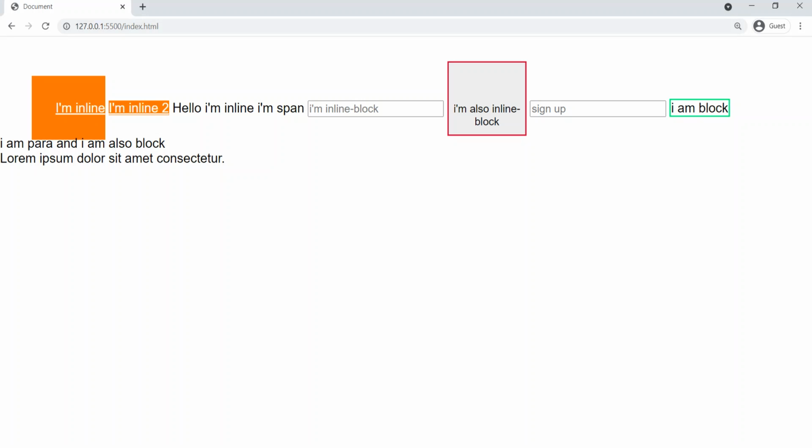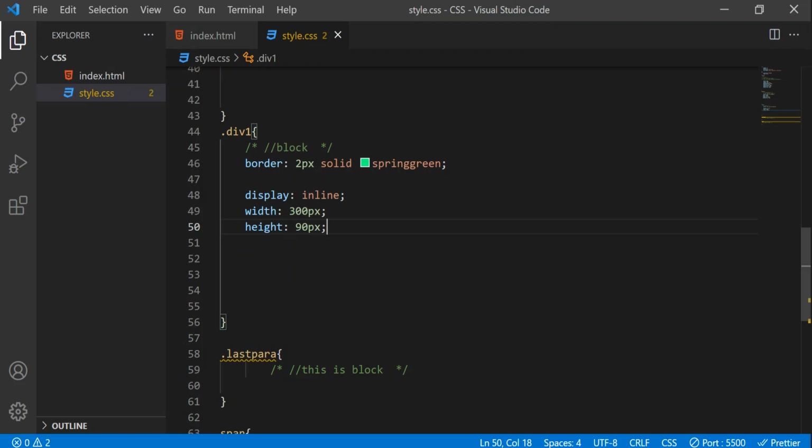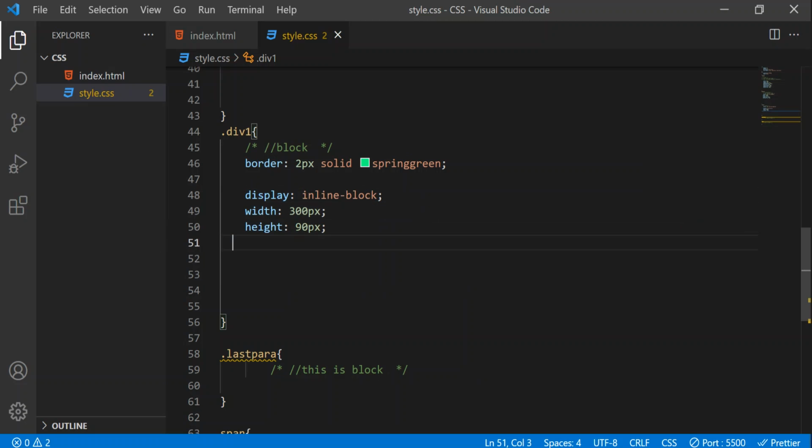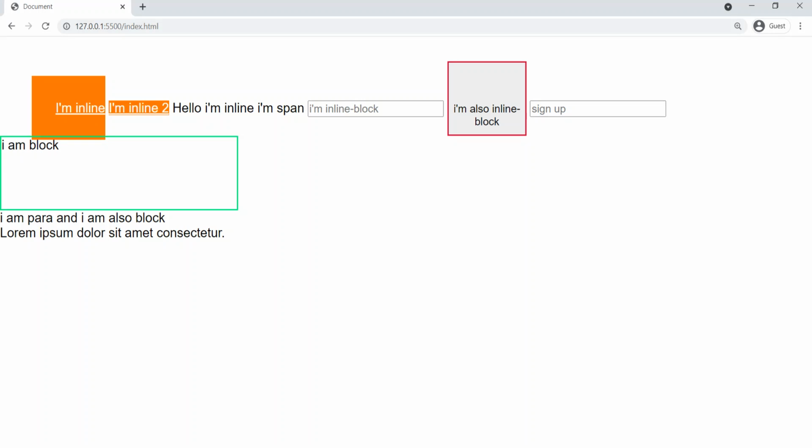Okay, now let's do something. Let's convert that into inline block. So I'll write here inline and then block. Now let's see what happens. You can see guys, now that has taken a new line because here space is not sufficient. Remember I told you inline elements will keep on sitting side by side until the space is completed in a particular row. Okay, so here for this inline block element, space is not sufficient. That is why it has taken a new line. Now this element is inline block. We have converted that into inline block. Okay, I hope you are following me.